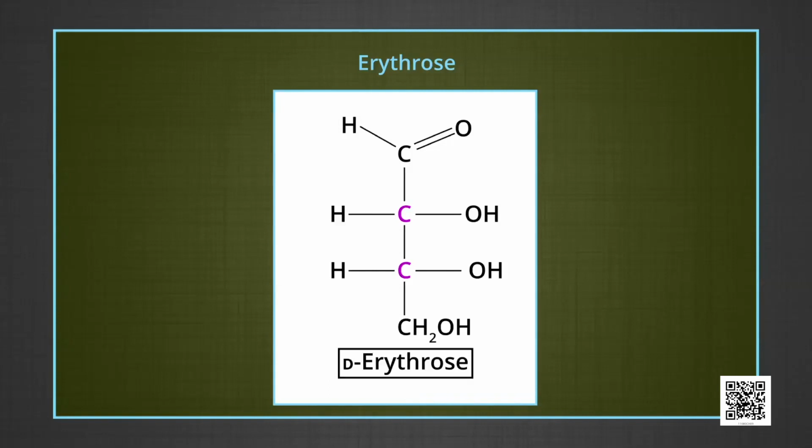The second carbon has H group and OH group. H and OH can be on the left and the right side, but their position is always on the side chains. The next carbon again carries one H and OH. Then next is the CH2OH group. Example is erythrose. I would also like to describe here the alpha and beta forms and L and D forms